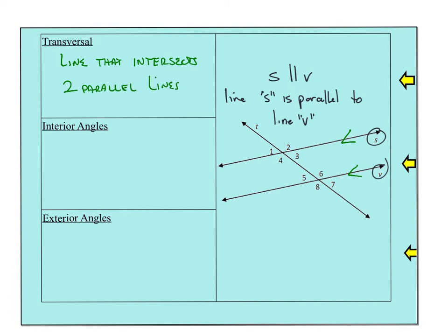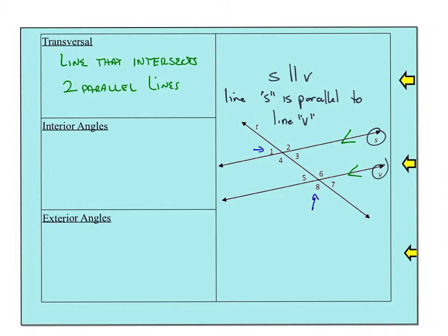Okay, that's all a transversal is. Now, when that happens, as you notice, eight angles get created. They're numbered 1, 2, 3, 4, 5, 6, 7, 8. These are all angles that are created when you have two parallel lines and a transversal, a line that